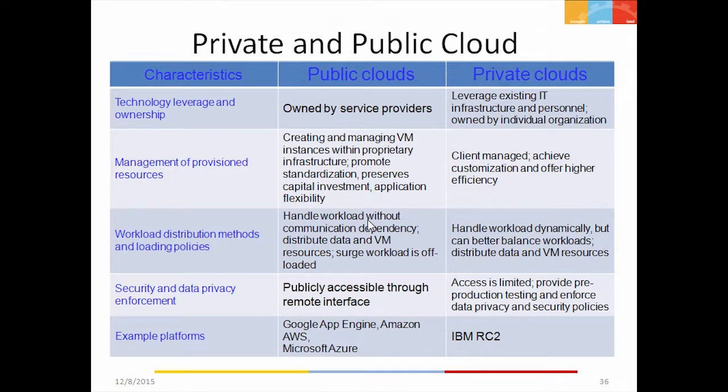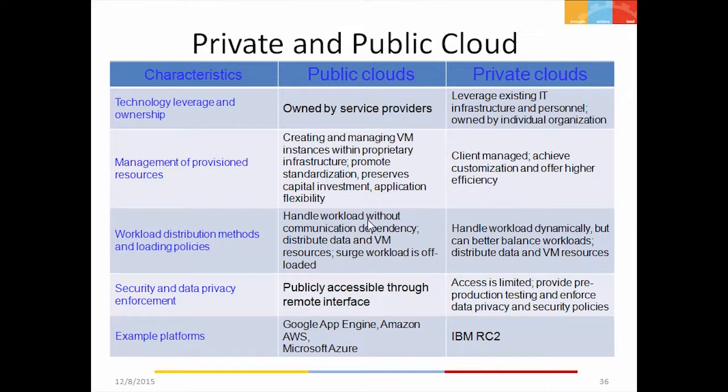By standardized manner, I mean that if this public cloud is publicly available to different clients, all the clients would be using the VMs in the same manner. And if that particular public cloud provider becomes popular, then many clients would be using the same type of mechanism to access the resources, and that makes the whole interaction standardized.